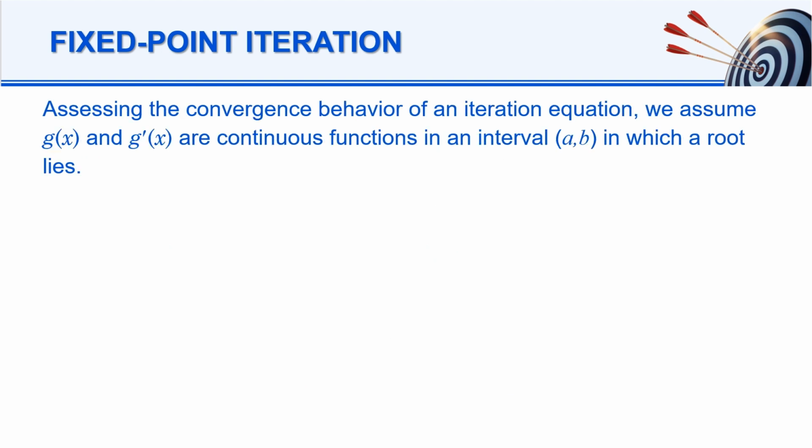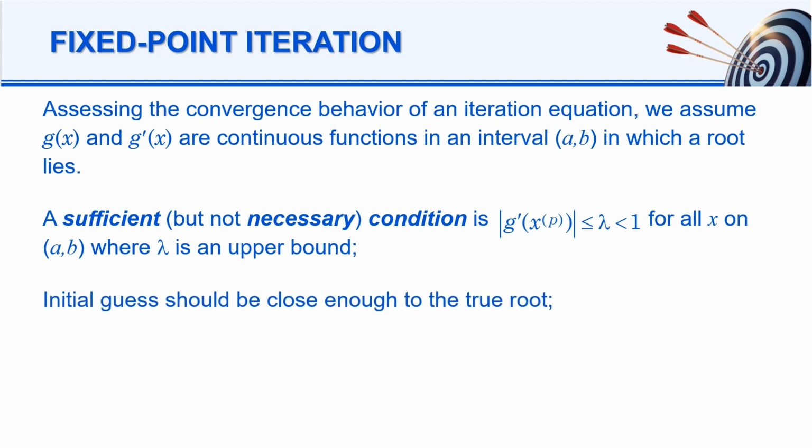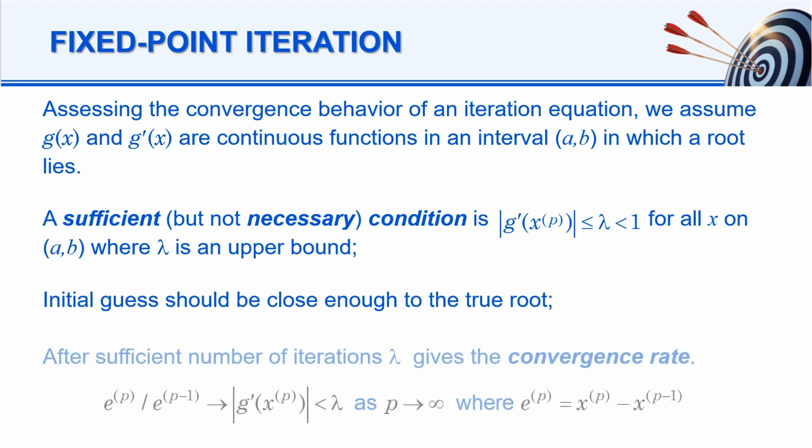Assessing the convergence behavior of an iteration equation, we assume g(x) and g'(x) are continuous functions in an interval [a, b], in which a root lies. A sufficient, but not necessary, condition is that the absolute value of g'(x) is less than or equal to lambda, less than 1, for all x on [a, b], where lambda is an upper bound. The initial guess should be close enough to the true root. After a sufficient number of iterations, lambda gives the convergence rate. That is,